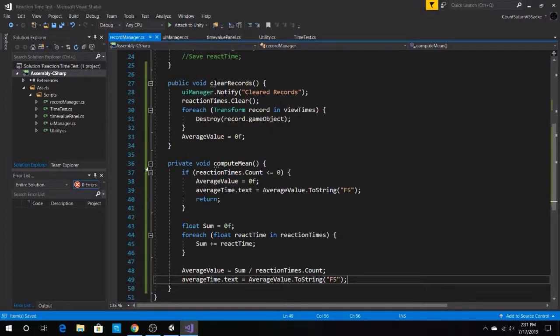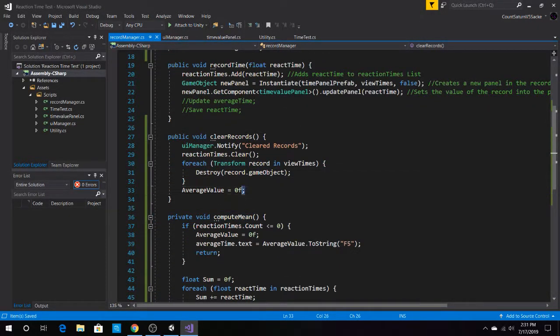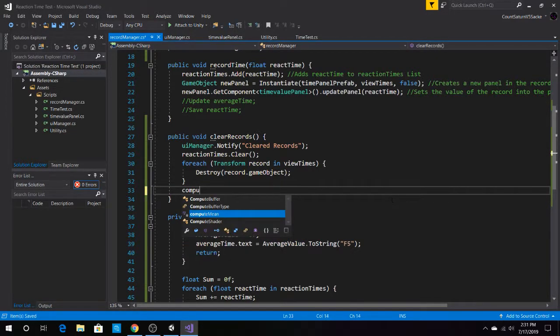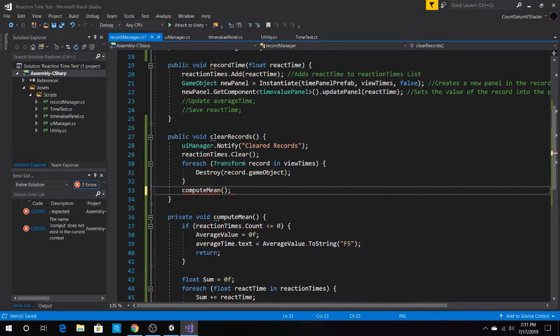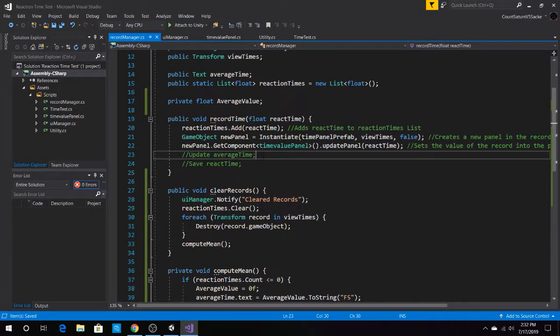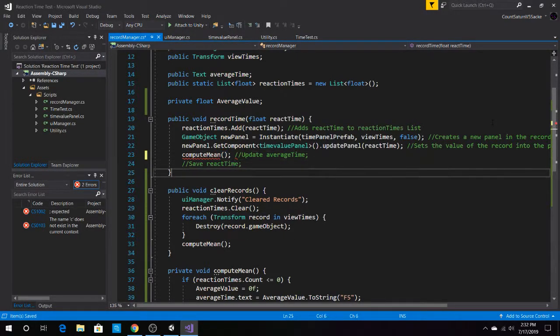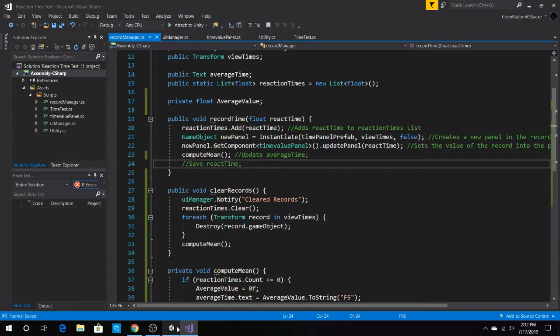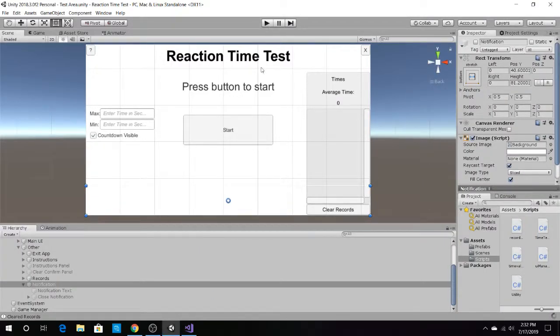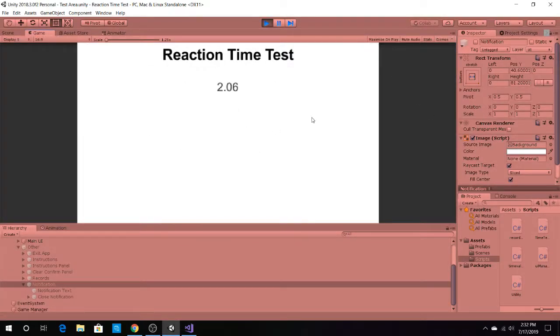And there we go. So at the end of every, actually, instead of doing that, I think I'll just do compute mean like this. Compute mean. And then the last thing we want to do here is to update the average time, so we'll do compute mean right there. And with that, we can now say that whenever we input a time into this thing,